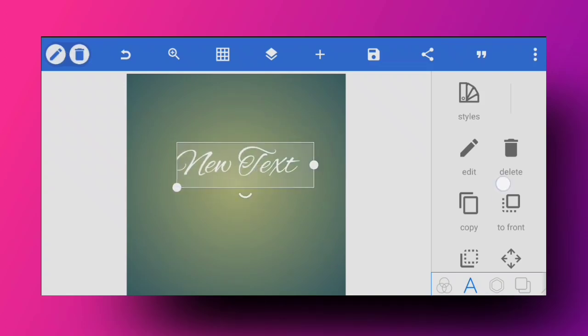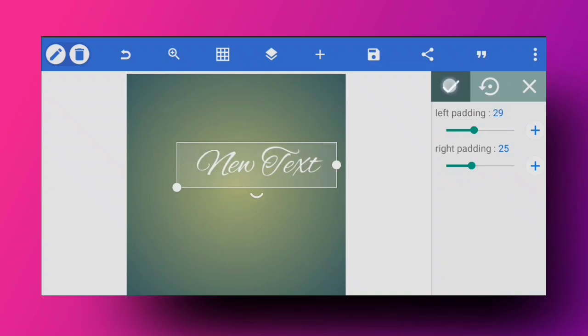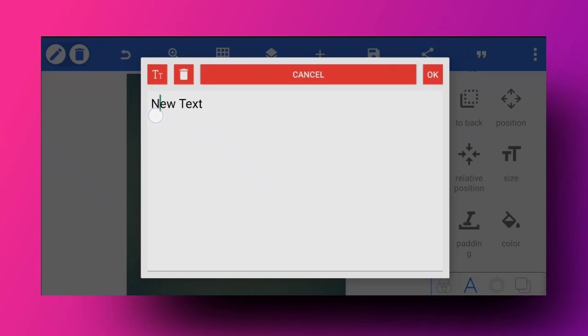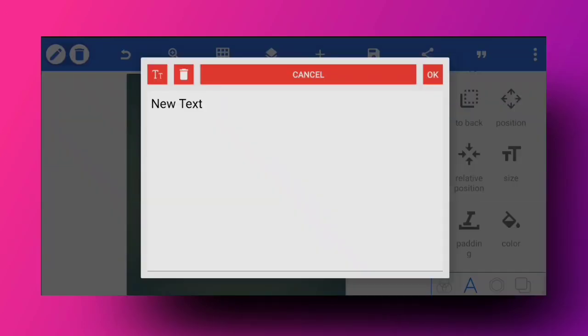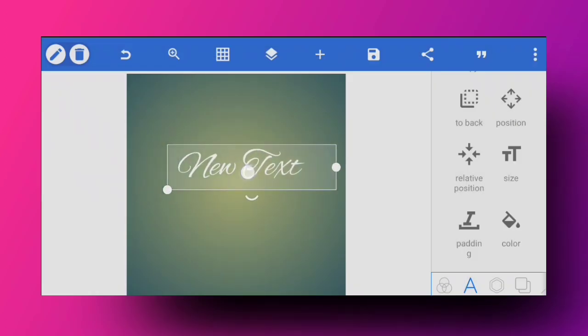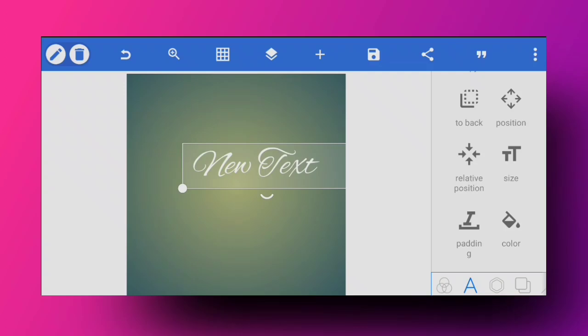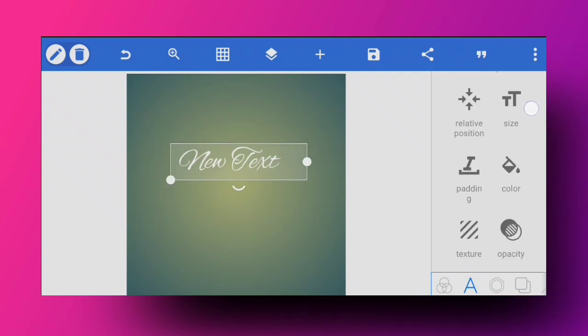To fix this, you're going to use the padding function, and you can increase the padding in between areas. You can also do that by adding space. If you add space here like this and hit OK, it will add that as padding to this area. That really comes in handy with script fonts in general.